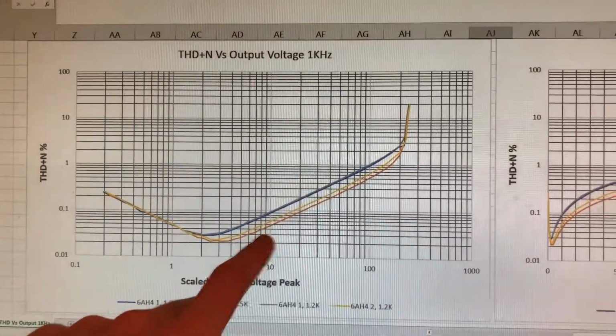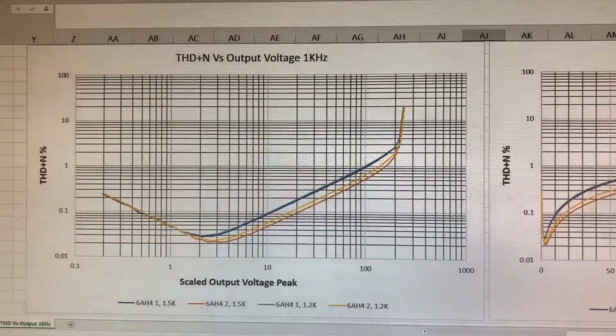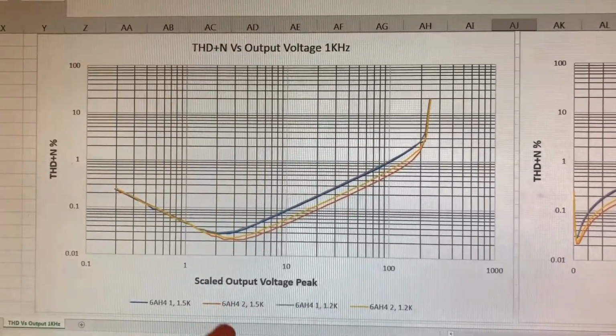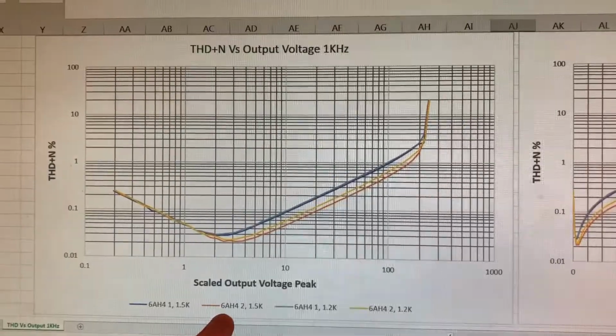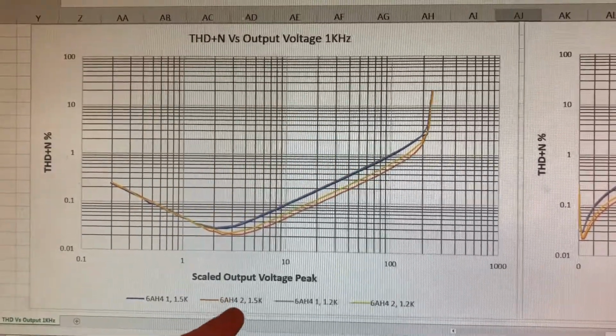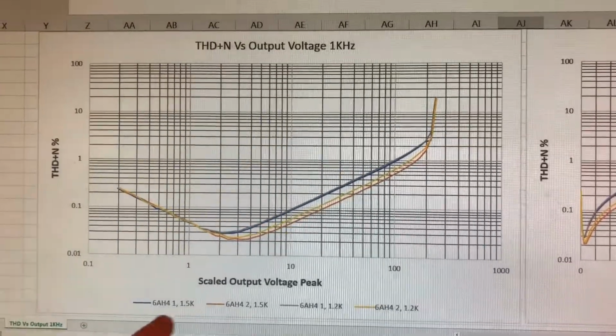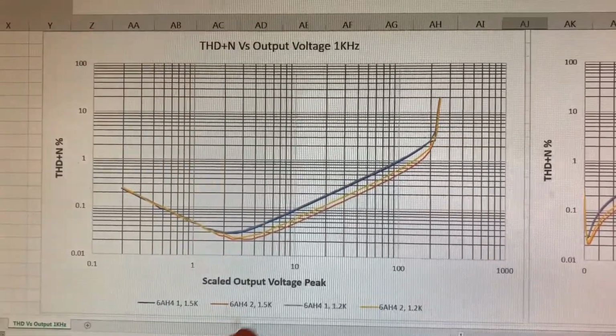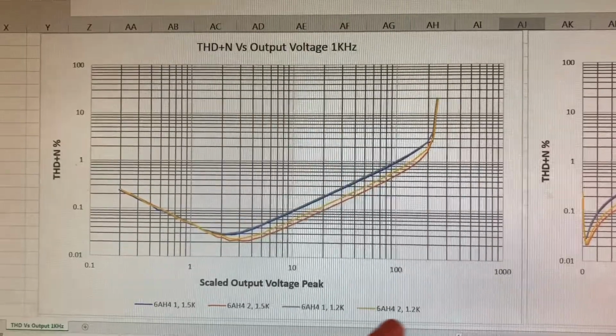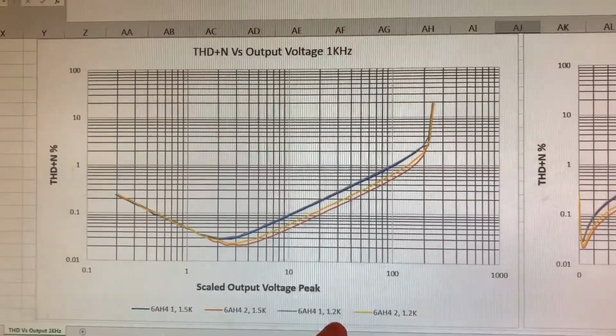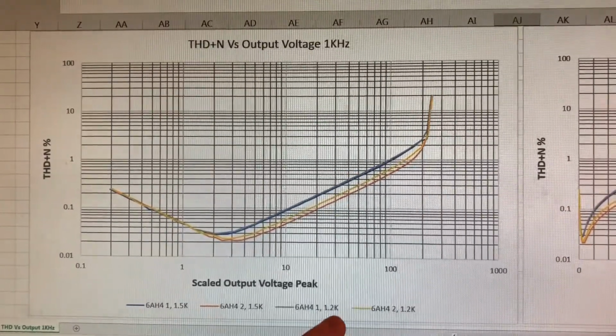So that's strictly the tube performance for the same operating condition, which again I guess isn't unexpected because this is an open loop amplifier, and the performance of the amplifier is going to be highly dependent on the performance of each individual vacuum tube. I then went ahead and used those same tubes, and as I discussed previously, I then